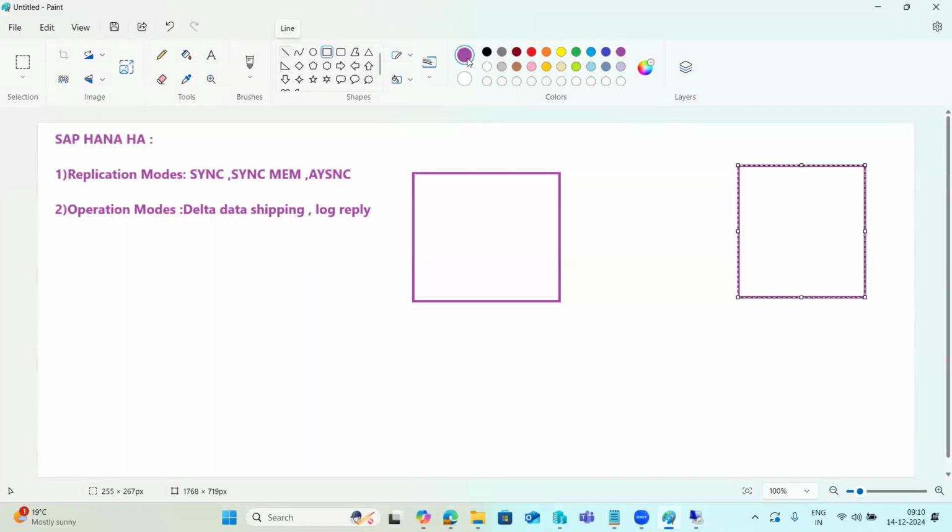Synchronous means it will wait for the acknowledgement from the secondary. Primary will send the data to the secondary. Then the secondary will give the acknowledgement saying, I have received your first transaction, please go ahead and commit. Once it gets the acknowledgement, the primary will immediately send another transaction to the secondary. Sequence-wise, receive, acknowledgement, receive, acknowledgement will happen in synchronous